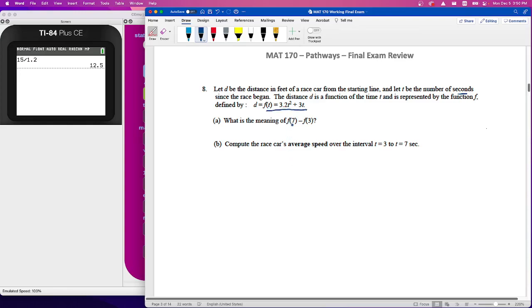What is the meaning of F7 minus F3? Well, we could figure it out, but what it's saying is F7 is the distance from the starting line 7 seconds after the start of the race. F3 is the distance from the starting line 3 seconds after the start of the race. So if we take F7 minus F3, what we're getting is the distance the car traveled from 3 seconds after the race started to 7 seconds. So this is going to give us